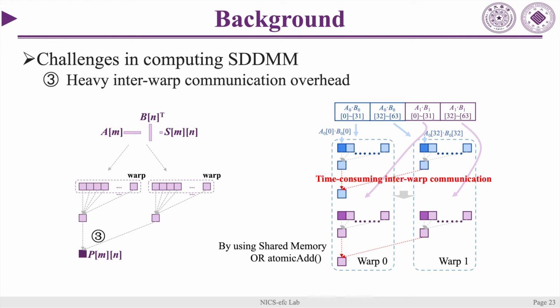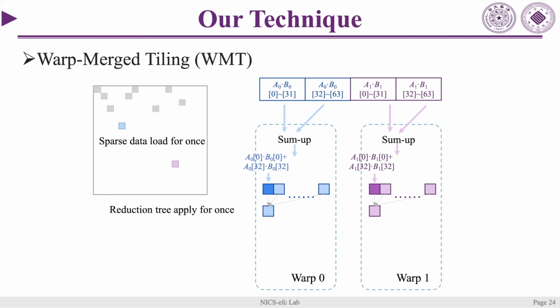However, different from computing a single dot product, SDDMM needs to be aware of computing multiple dot products at the same time. Thus, our experiment found inter-warp communication should be eliminated. So, to do this, we propose warp merge tallying, a basic tallying method on dense matrix aware of the GPU